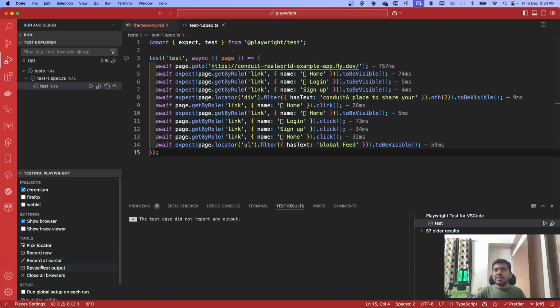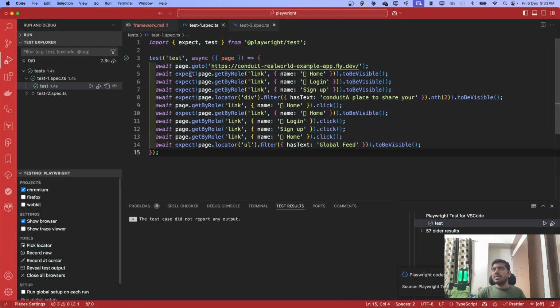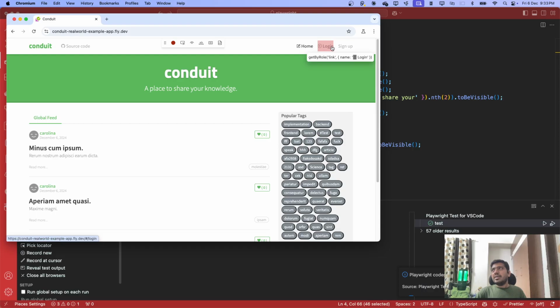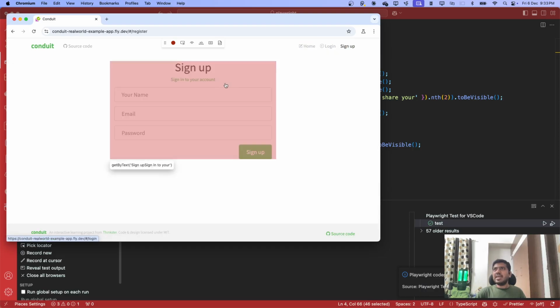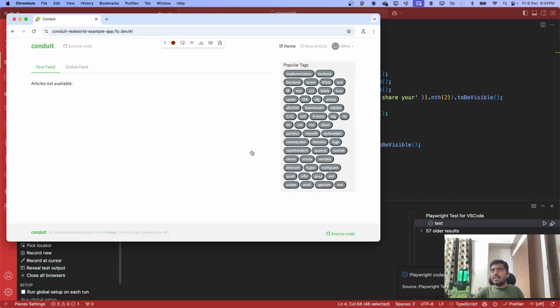So let me create a new test. I need to go over here again, same thing. I'll need the URL, so I just copy this and use it. Okay, I need to sign up, so let me check whether my sign up functionality is working or not. Amol, 6deg@gmail.com. They don't send the email, so it should be fine. 6deg2024. So if I sign up,